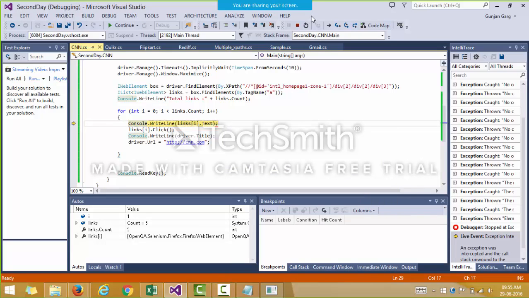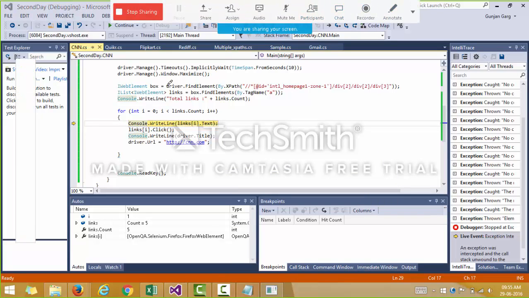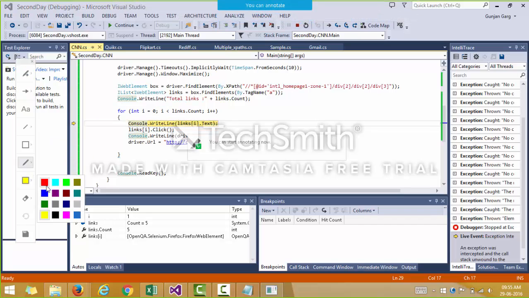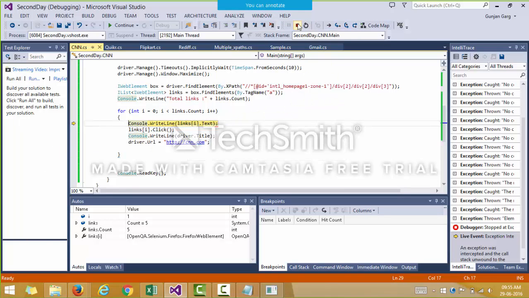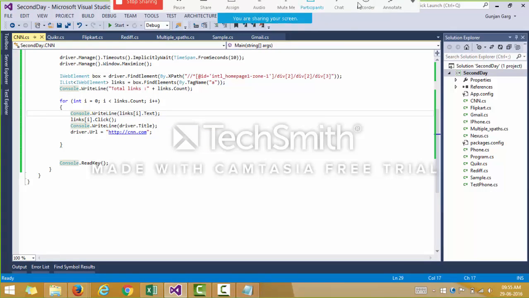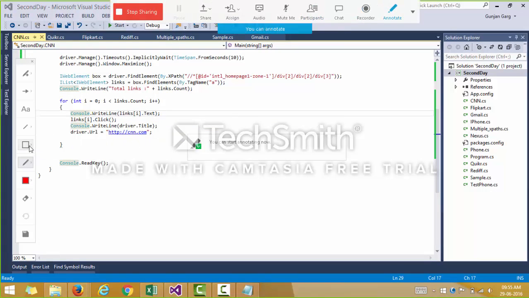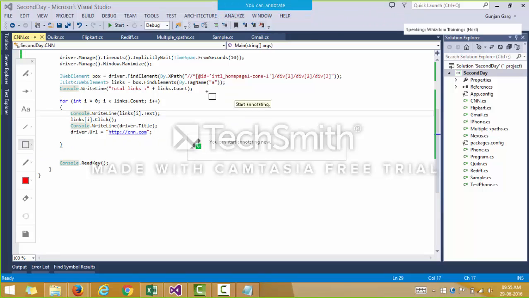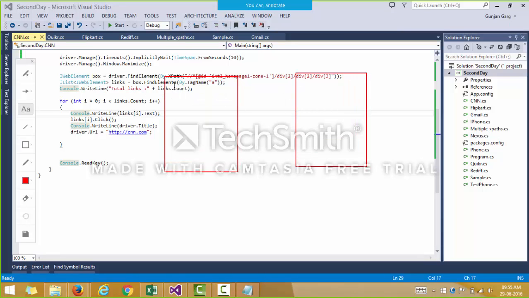So what is exactly happening over here, I'll just tell you. Suppose we have two pages here. This is page 1, and this is a second page, page 2.